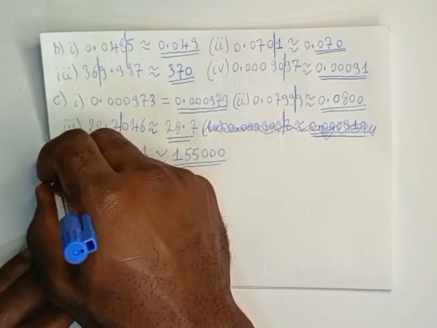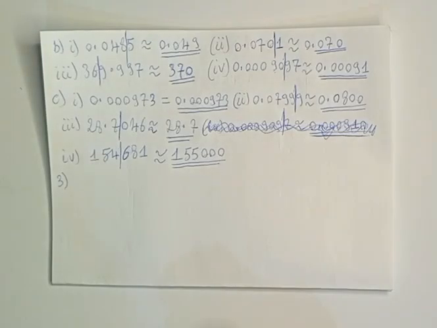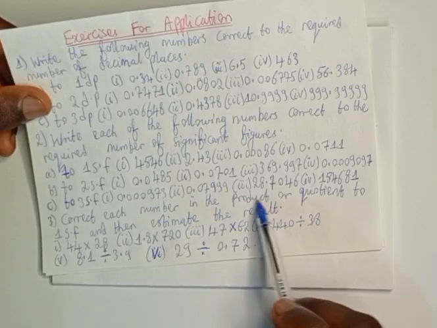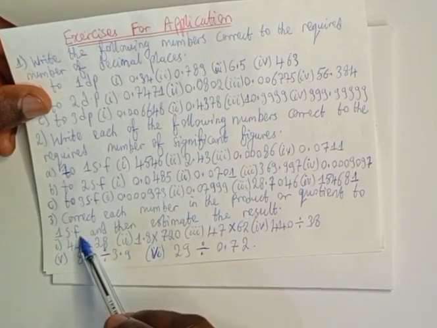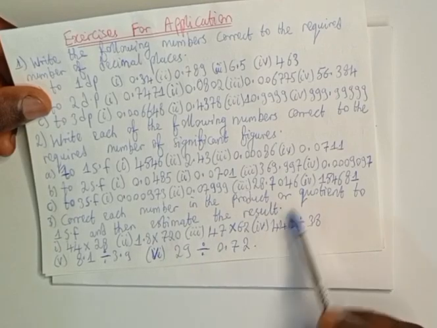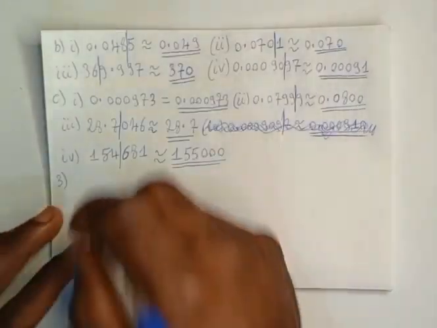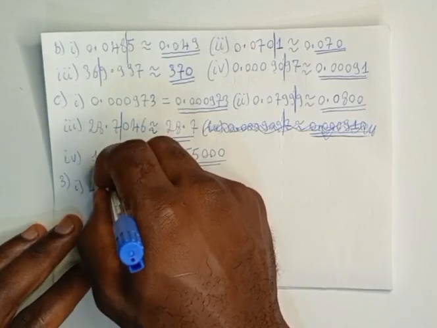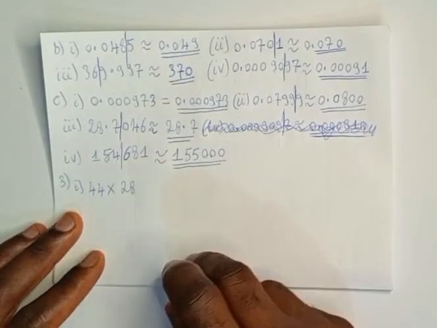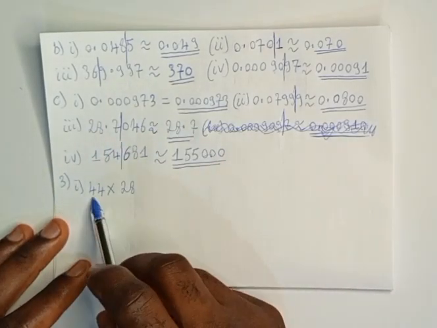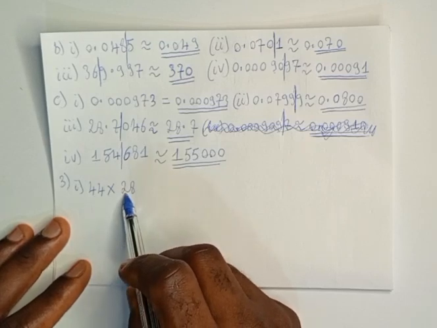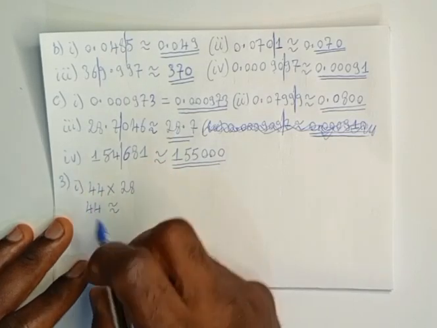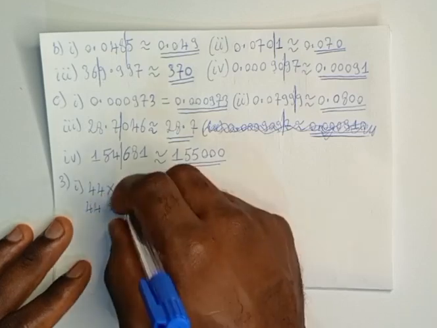We move now to question 3. For question 3, correct each number in the product or quotient to 1SF and then estimate the result. For I, we have a product 44 times 28. We are to correct the numbers in this product to one significant figure. 44 is approximately, to one significant figure, this is the first, the second. We have to round 4 down. This will give us 40,